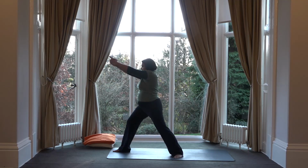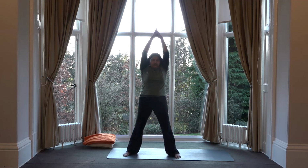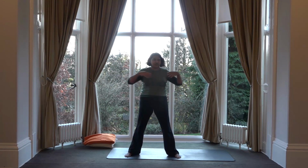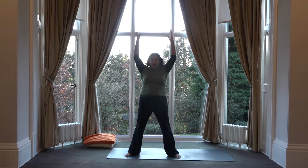And then we will straighten that right knee, pivoting to the center. Open the arms, palms facing up, and then bring our hands back to prayer. So we do that one more time to the other side. Starting in this position, outstretch the arms, palms facing down, palms face up, coming up, index fingers up, release